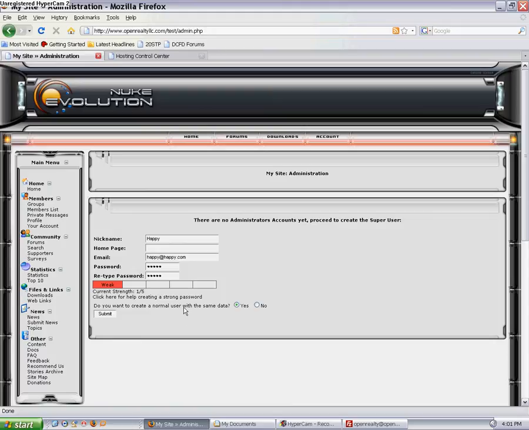And do you want to create a normal user with the same data? I always check yes, because what you're making here is what they call a super user. This person has control of the complete site, but you can't see this person when they're online. So what you need to do is create a second person. So yes, with the same name, so that way you don't have to worry about having two different sites. You can log in with the same password and the same name. You click submit,